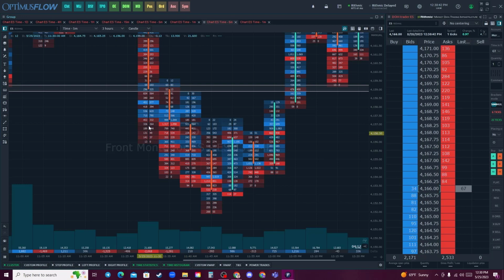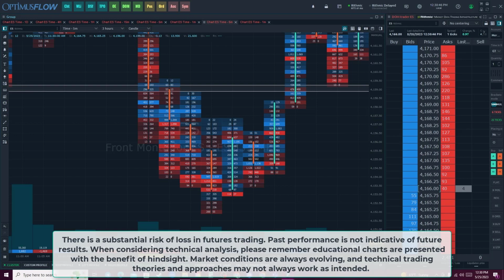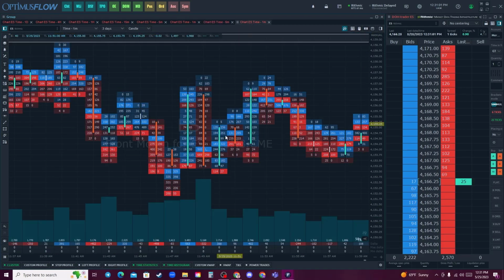But what we can see here is that as price came down, there was heavy red, and we saw the delta go negative 2,000, negative 1,200, but then we started to see it even out a little bit, and the delta went to positive, negative, and then we had a larger positive bar here. And when we zoom in down to the 1 minute,